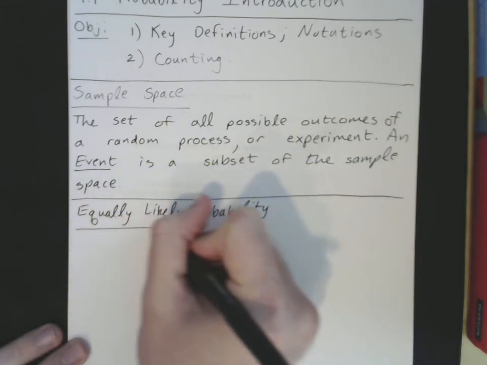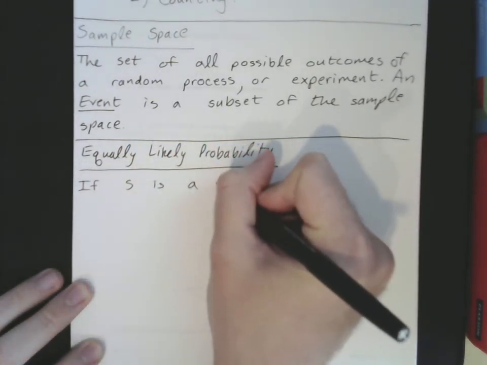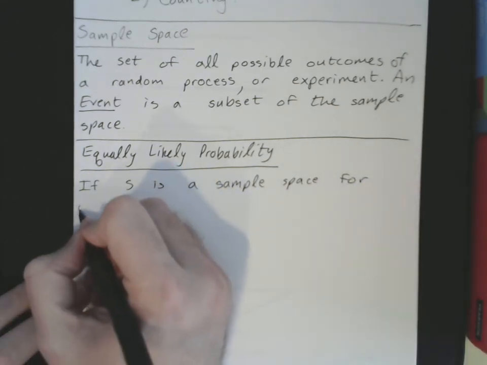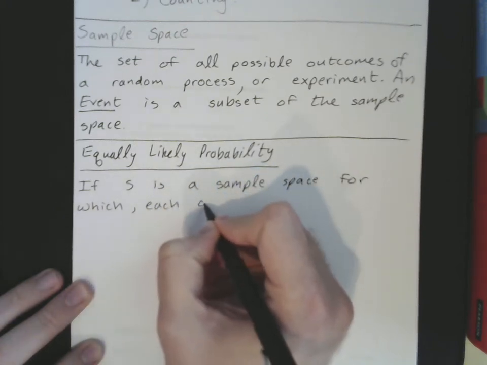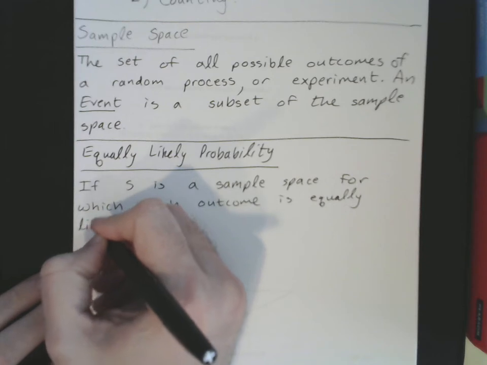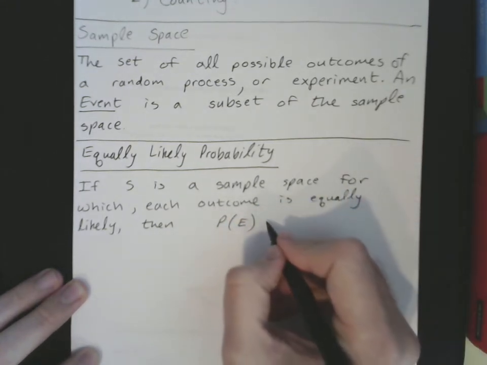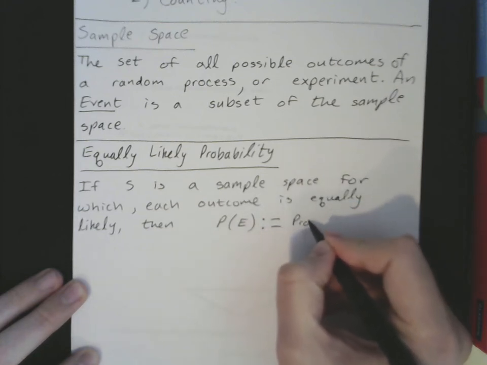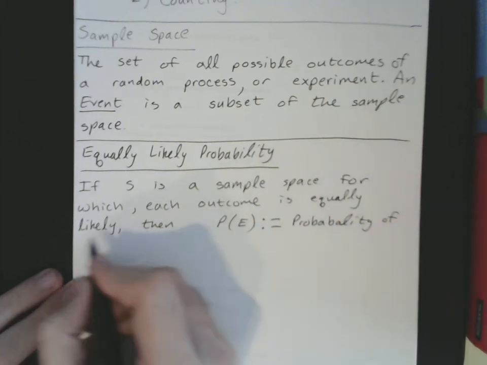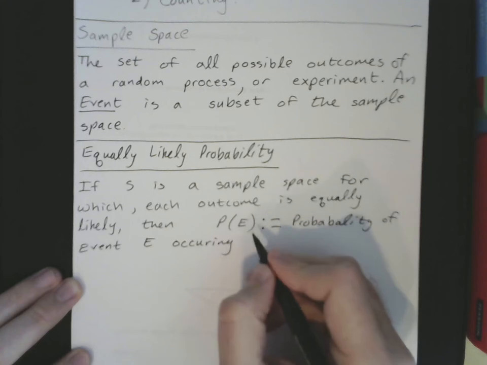So if S is a sample space for which each outcome is equally likely, then the probability of an event E occurring is